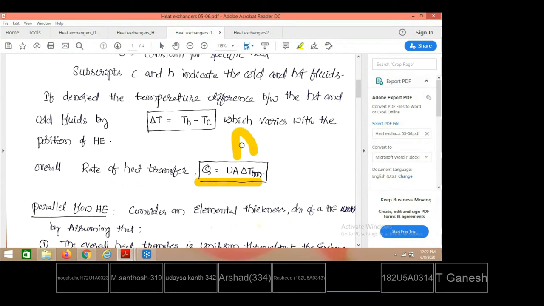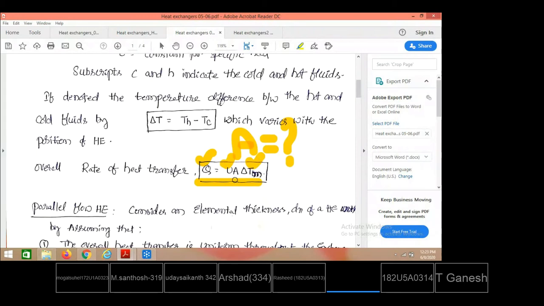Then what is the area of the heat exchanger required? This we are going to fix. So what is the area of the heat exchanger required, while exchanging so much heat from hot fluid to cold fluid, having a net temperature difference for the entire heat exchanger as so much, and an overall heat transfer coefficient between hot and cold fluid for the heat exchanger of so much. Knowing this, we can fix what area of the heat exchanger is required.